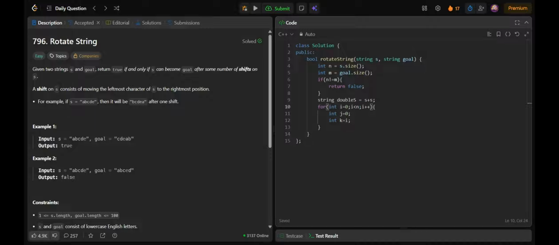So I'll do i less than n, i plus plus, because it's going to give me the starting point a, b, c, d, e, right? And k is going to iterate from i till 2 into n.